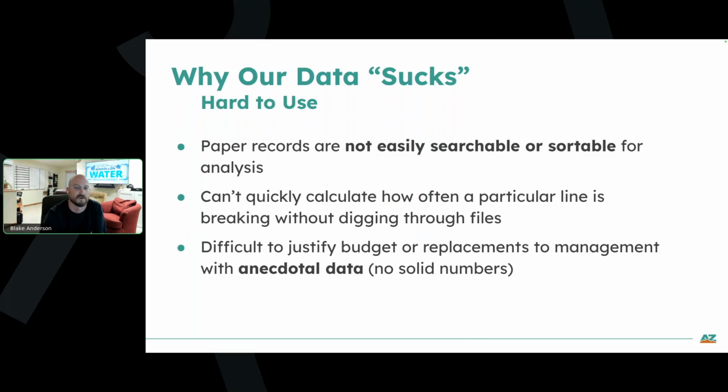So telling your board or city council, I think that this line breaks a lot, is not as convincing as saying this line broke 3 times in the past 2 years. That's 5 times the normal rate, and it's costing us $10,000 versus the cost of replacement over the lifespan is much cheaper. And I think that as we look at the industry, there's kind of a paradox where this isn't true for the people who are listening in that work with private utilities. They have it a little bit harder, but for a municipal system or a DWID, they have the ability to raise rates with a board vote. And so basically it comes down to the justification.